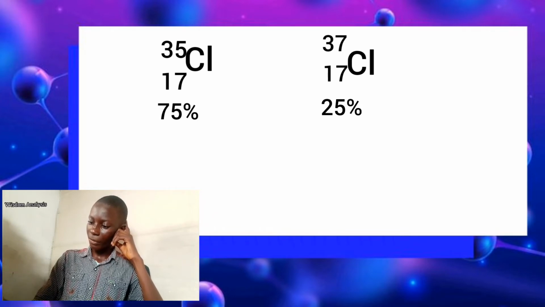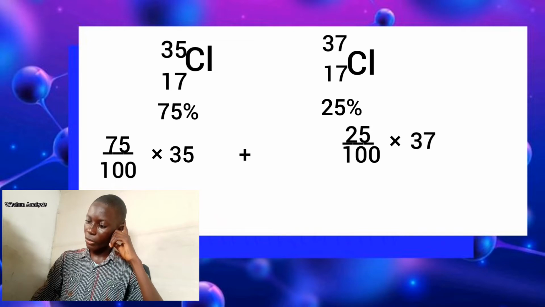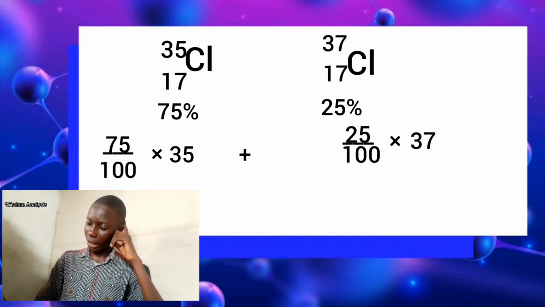We are going to say 75%, that is 75 over 100, times 35, which is the mass number of the first isotope, plus 25%, that is 25 over 100, times 37, which is the mass number of the second isotope. So we have 75 over 100 times 35, and if we calculate this further,